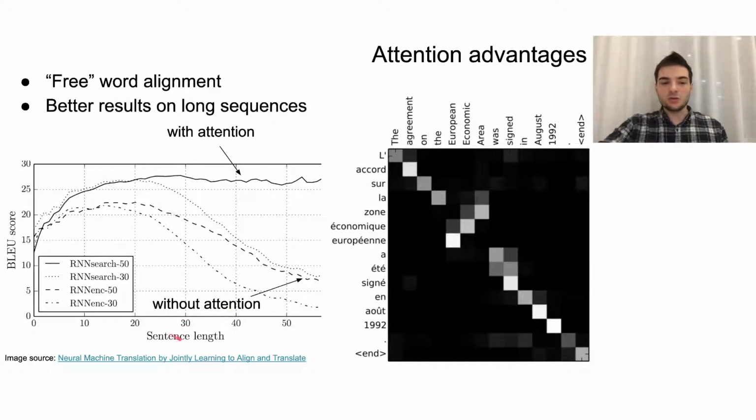It was named Neural Machine Translation by Jointly Learning to Align and Translate. And here is the result actually. Here is the sequence length varying from 0 to 50. And here is the quality of the translation, which actually increases first when sequences are about 10 to 20 in length, and then the quality of the translation decreases, and decreases actually significantly.